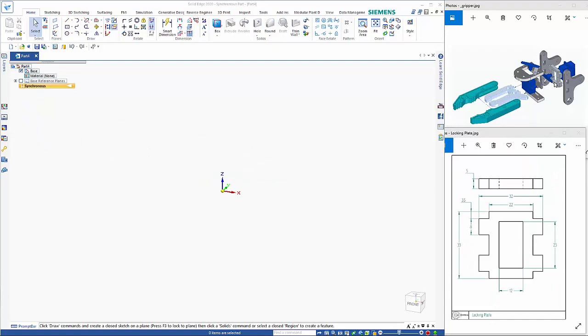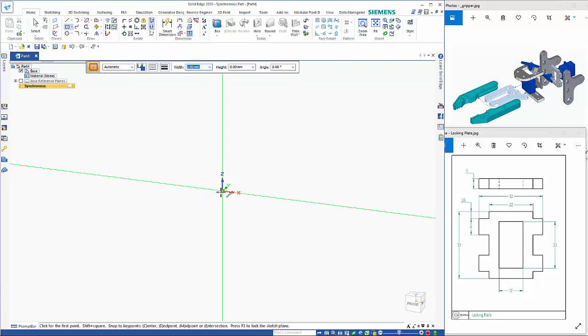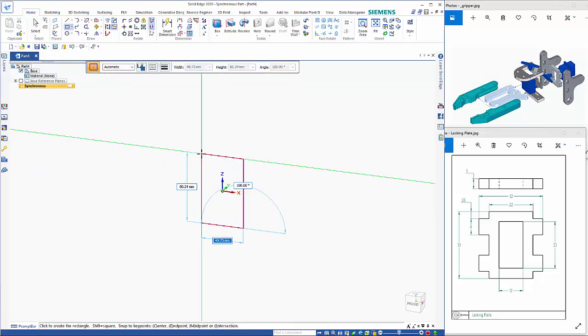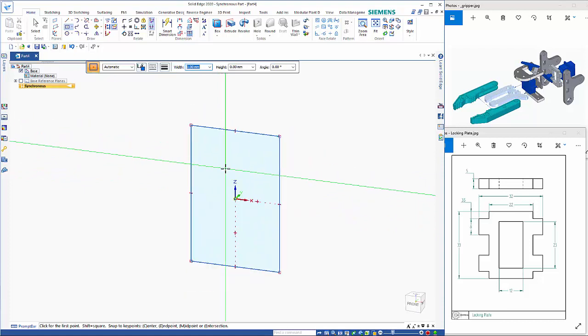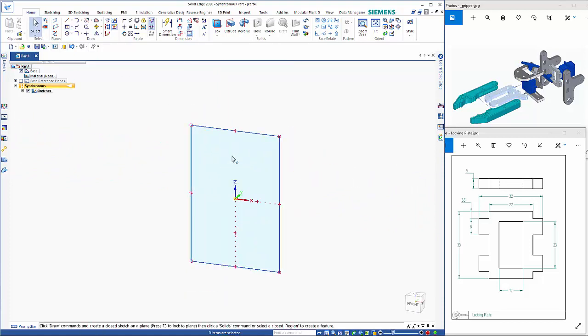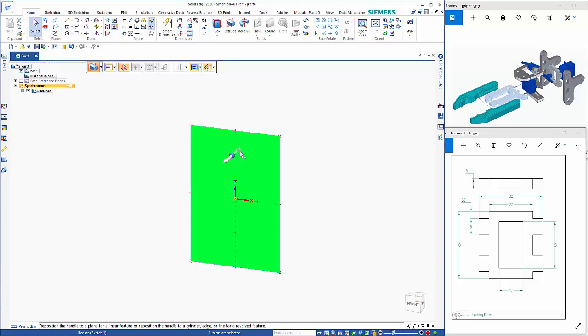So the next part is the locking plate, which is this piece in here, and I'm going to start again with a rectangle by center, and so this is 22. Hit the tab key, and the height is 33, and 0 rotation, so I can just hit enter and zoom in,